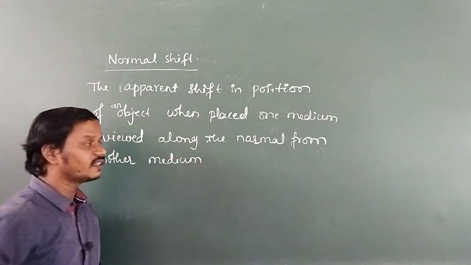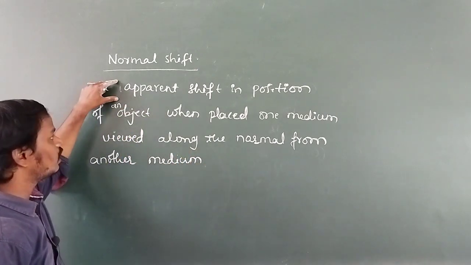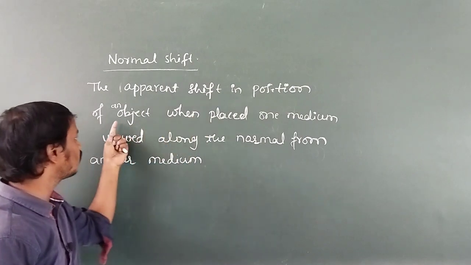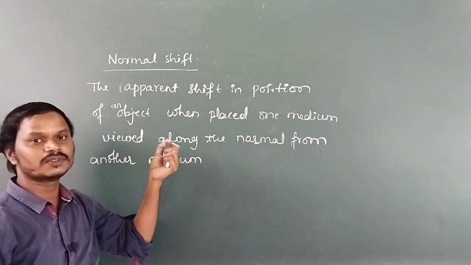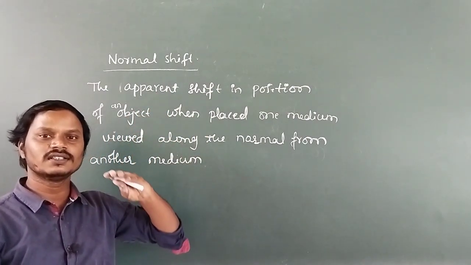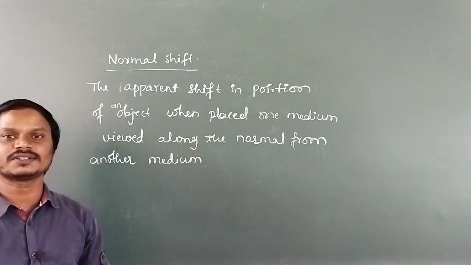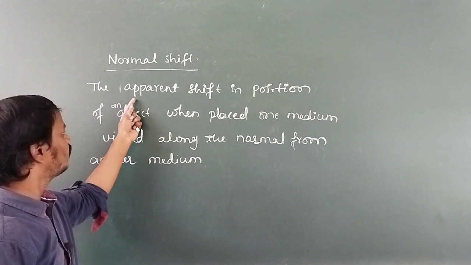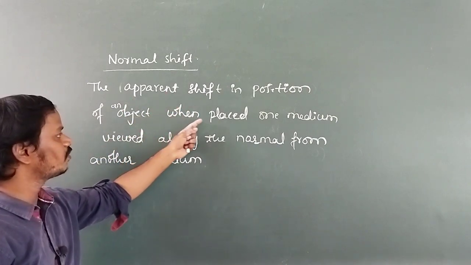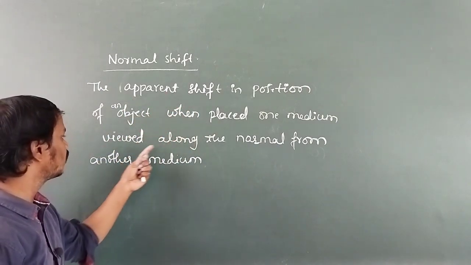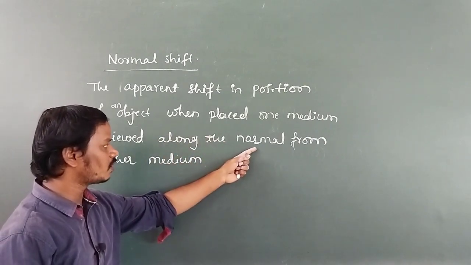So, once again listen here. What is normal shift? The apparent shift in position of an object. Why is there apparent shift? Due to refraction of light, because the light ray is traveling from one medium to another medium of different refractive indices. The apparent shift in position of an object when placed in one medium, viewed along the normal from another